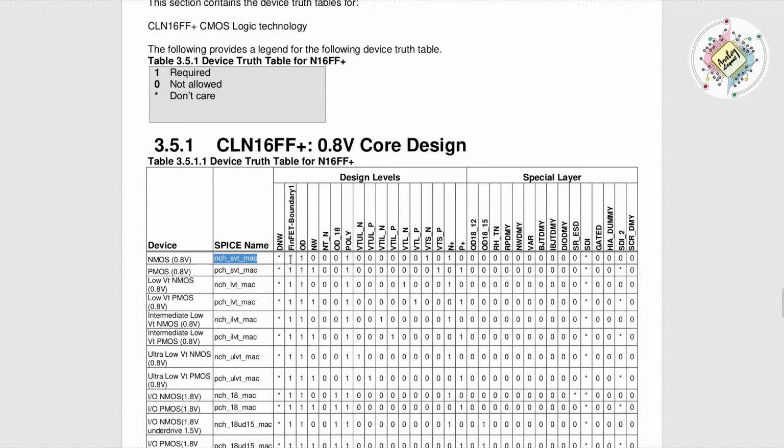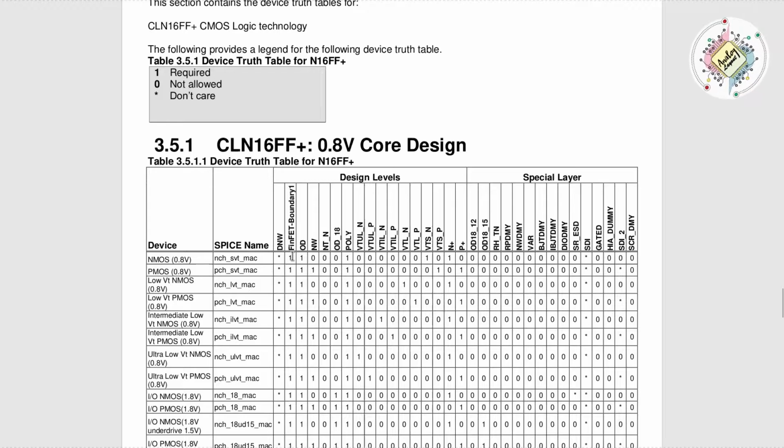If it is 1, then the lithography process is compulsory. If it is 0, then the lithography process is not compulsory, in the sense that it isn't required for the fabrication step. For example, for fabricating the 0.8 volt NMOS, just come to the deep NVL layer. The deep NVL layer is not mandatory unless the designer has added a deep NVL ring for this N channel MOSFET. So that's why they have marked this with a star. This completely depends on the layout engineer. If it is required, then we have to add it. If not, then it won't be there.